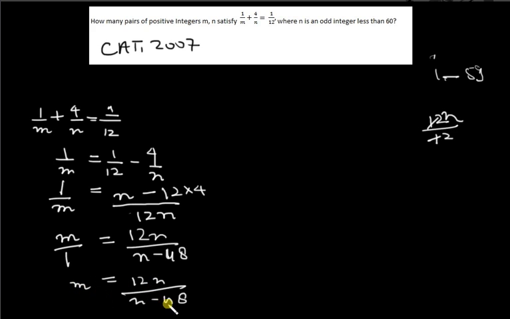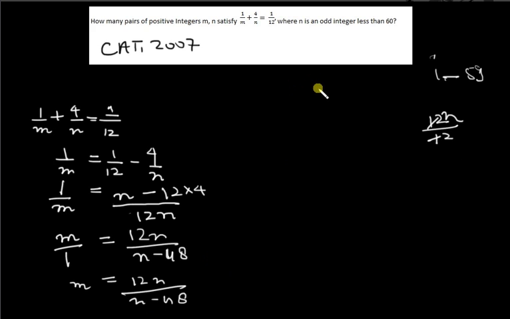So I can't write any number less than 48 here, otherwise the result would be a negative m. So I have to write any number greater than 48. I can't even write 48 because it would make it undefined. So I have to